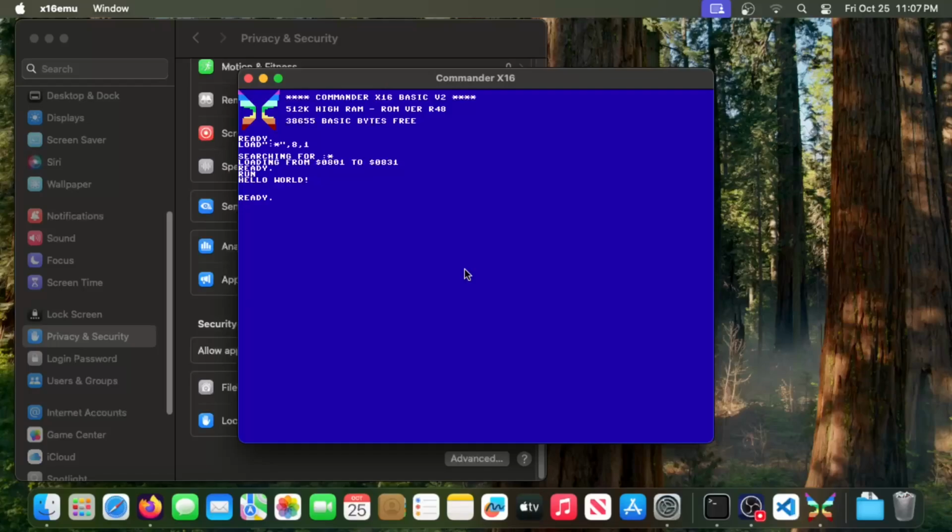The emulator runs, and our Hello World program works just as expected. From now on, the system should let us run the emulator without jumping through all the hoops again. This concludes the intro episode, which hopefully has helped you set up the necessary software to get started with assembly language development for the Commander X16 on your Mac.